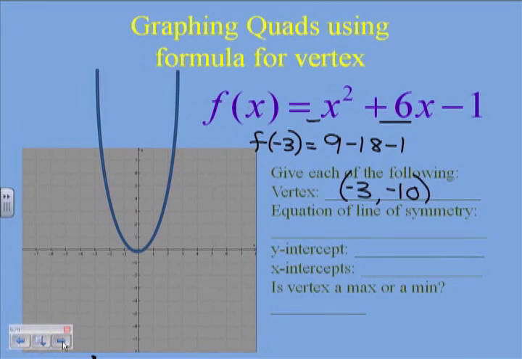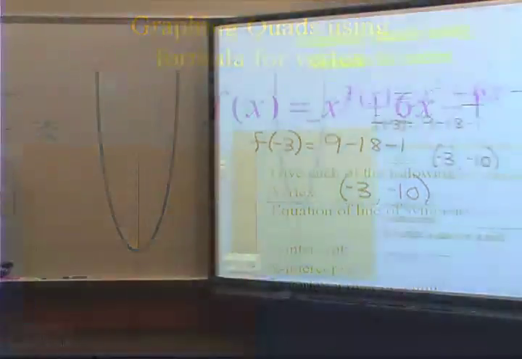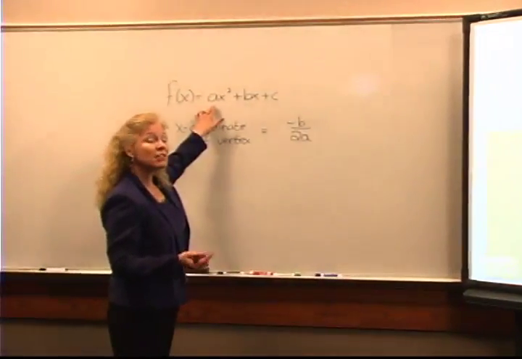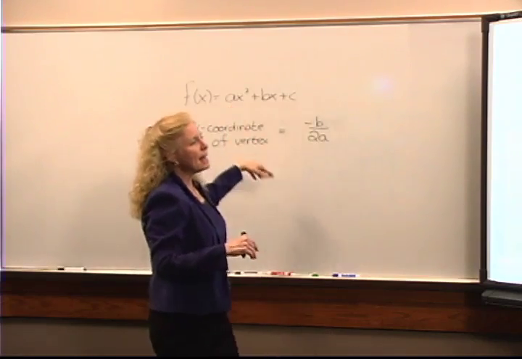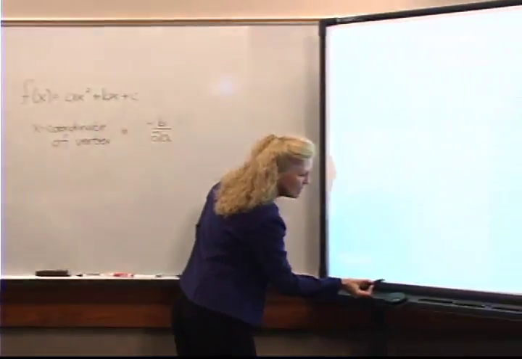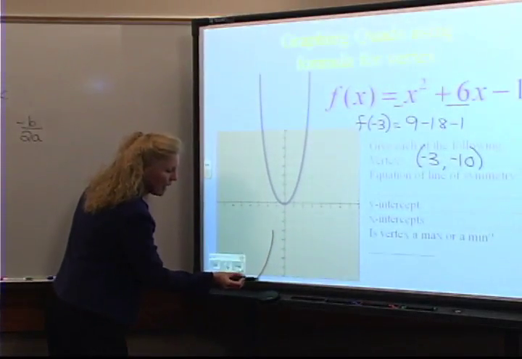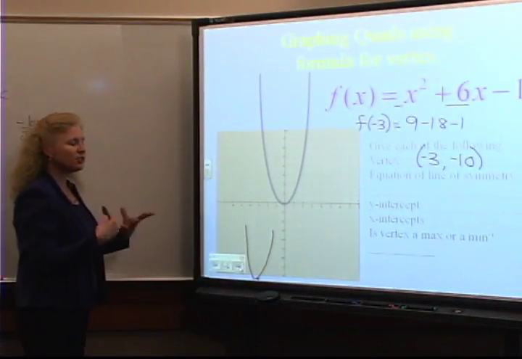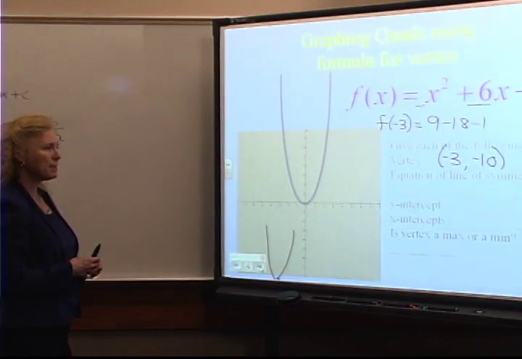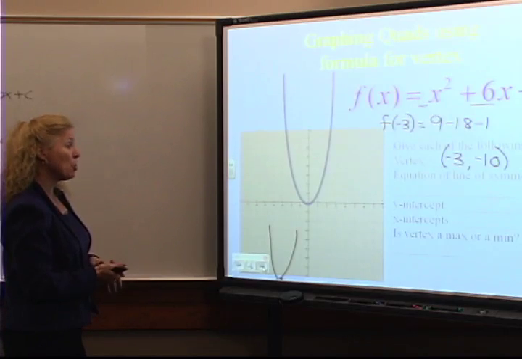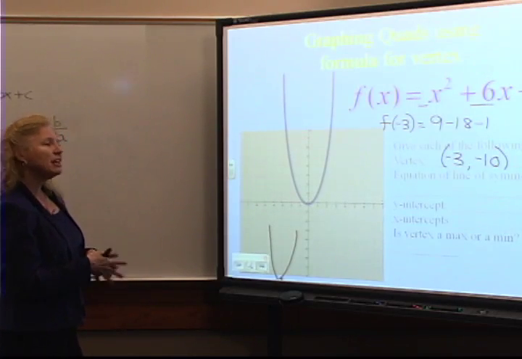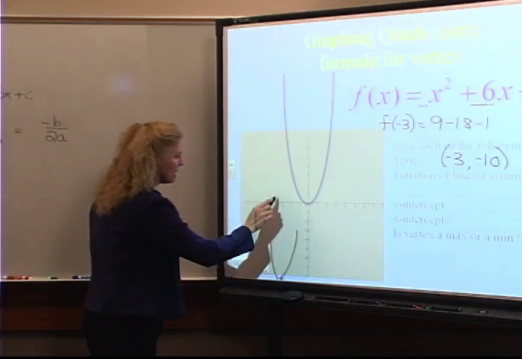Now, is he going to be opening upward or is he opening downward? Well, how do you tell? What's really nice is this A is the very same A that we see in our transformations. Since that is a positive 1, he's going to open upward. And he really does not have a stretch factor on there. Okay. Now, it's just kind of nice to have a rough idea of where he's sitting and how he's opening up. The equation of my line of symmetry is going to be